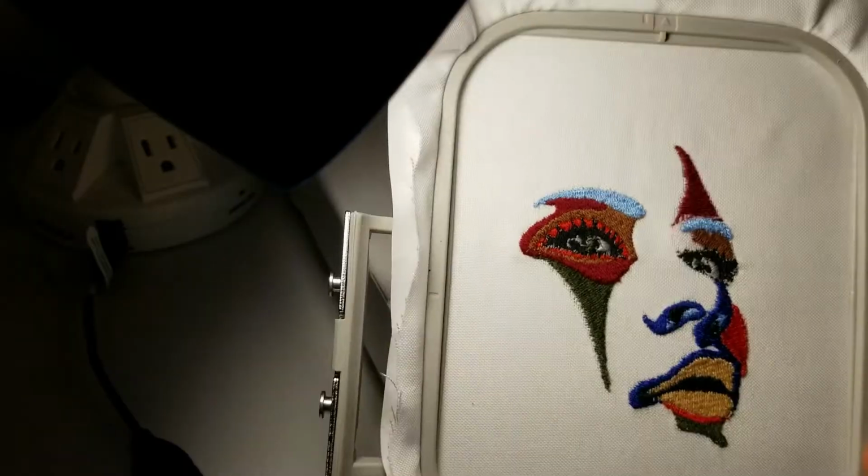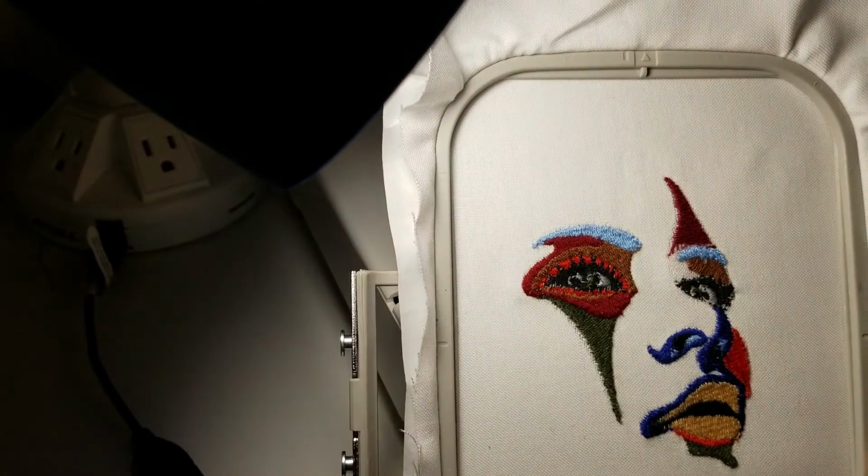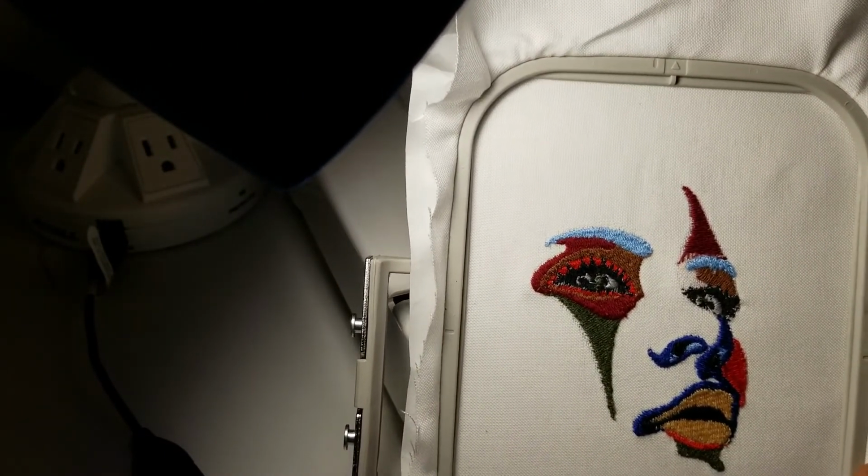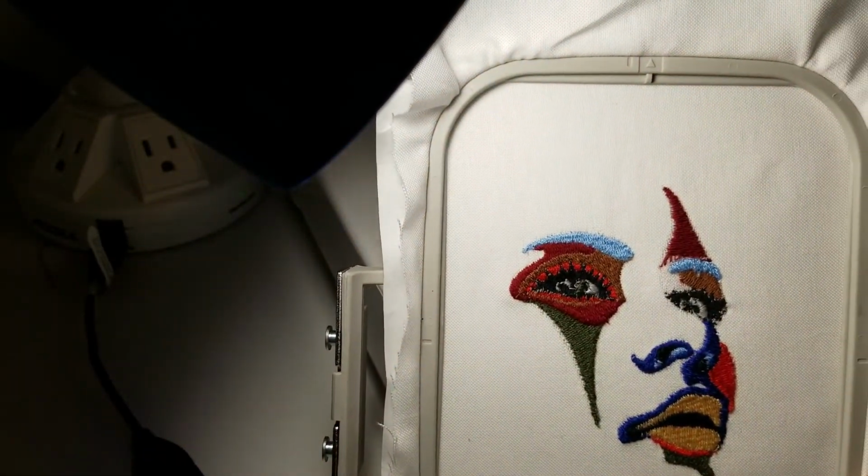And also, you will notice that this is an abstract face, and I'm actually embroidering it onto a white twill